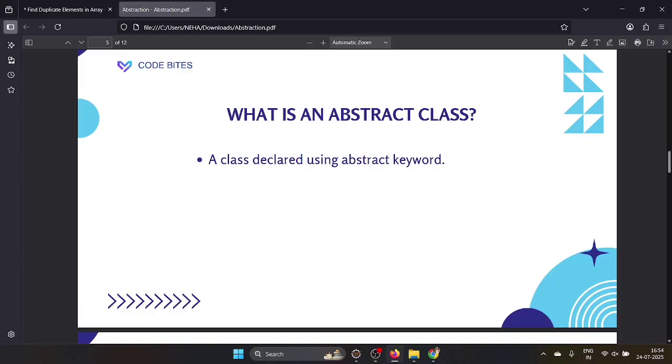Abstract class. We understand what abstraction is, right? So now we will understand what an abstract class is. Abstract class means how we write a class, like that only, but some things are changed here. We give a class name using the abstract keyword. The class can be declared using the abstract keyword, that thing we call an abstract class.